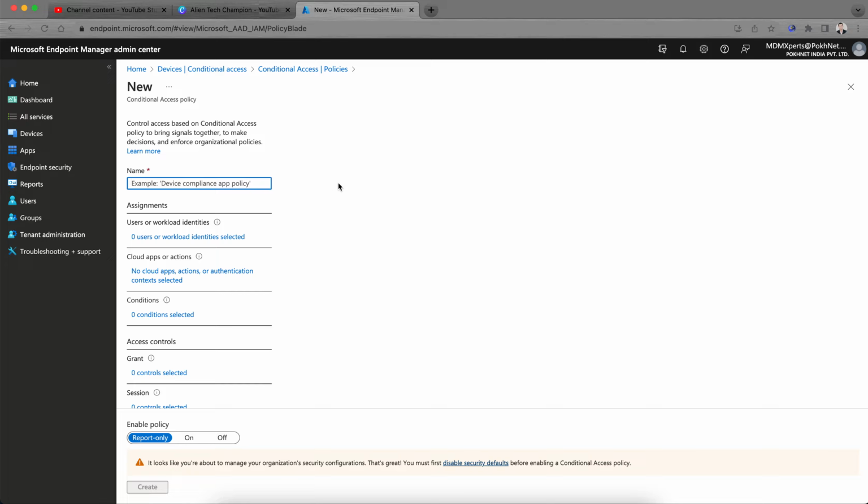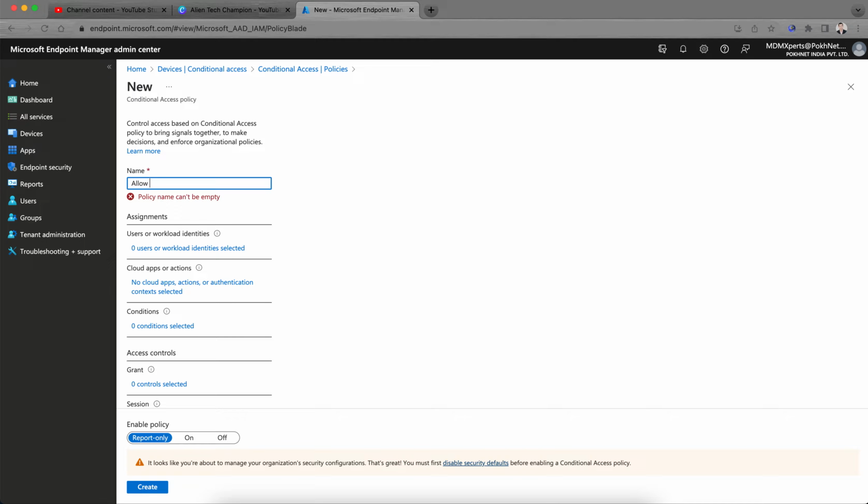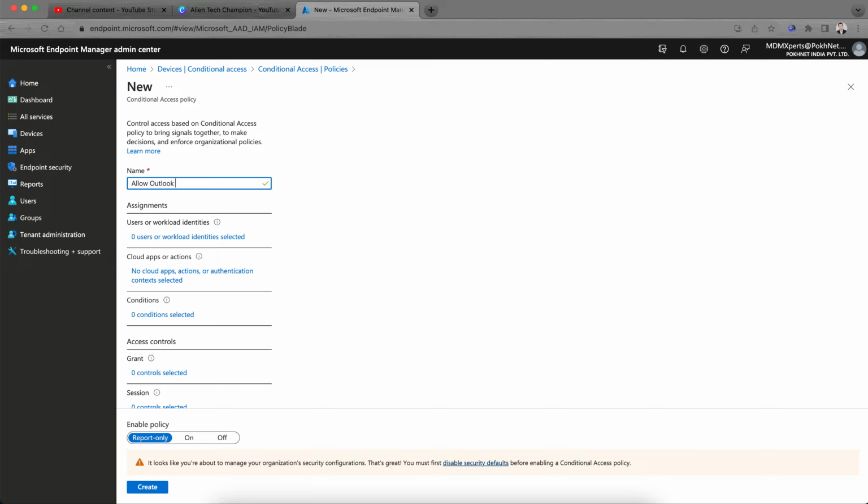So here you have to give the name, right? So that you can control based on the conditions. It will bring them together, and then enforce the policy, like device compliance. So normally you have to allow Outlook applications. So I am creating the policy to allow Outlook mobile for iOS, or for mobile OS, right? For all mobile operating systems,